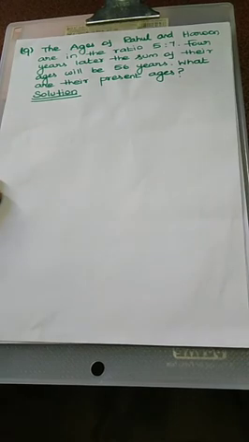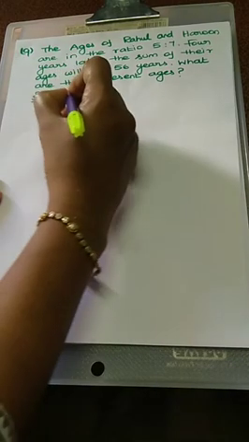So we just take Rahul's age be 5x and Harun's age be 7x. Next, what is given? 4 years later. 4 years later means we just add the ages with 4. The sum of their ages will be 56. We have to calculate their present ages only. Okay. First, we just take Rahul's age and Harun's age be 5x and 7x.